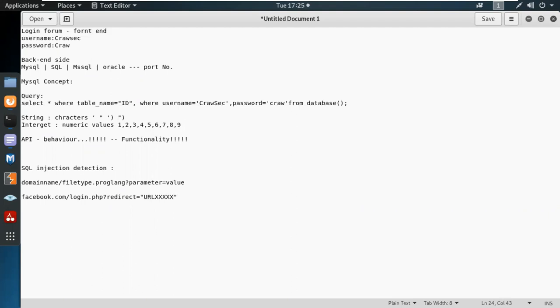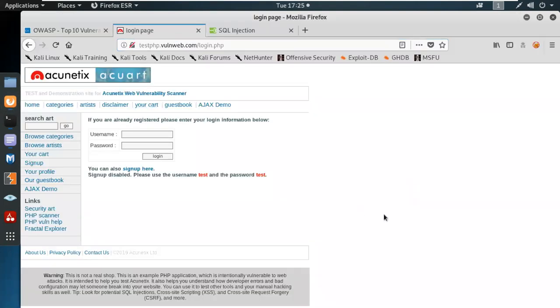But in the real scenarios, consider this one. If a domain name could be anything, for example, see this actual website. So the very first thing is to crawl to identify if you can find any parameter value which is interconnected with the database server. And something would be like, let me show you,